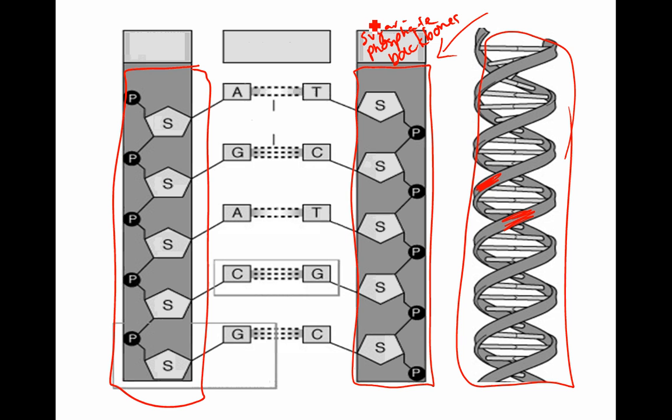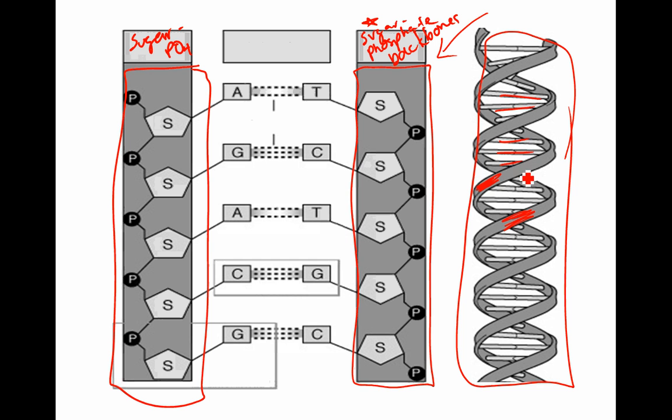So again, on the right, we've got one of these sugar phosphate backbones. And then again, on the left, you see another sugar phosphate backbone. Now, the sugar phosphate backbones are important, right? They hold the structure of DNA together. But they are not the important part of the DNA molecule. The important part, the part that stores your genetic information, the part that makes your eyes blue or brown or green, that information is stored in the center of the DNA molecule on these white rungs